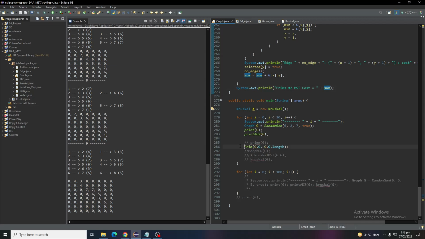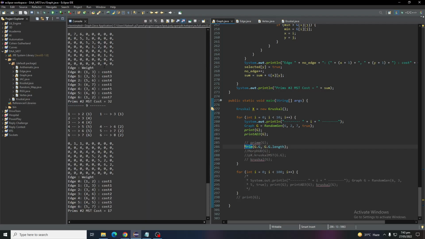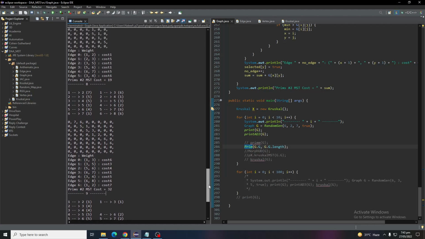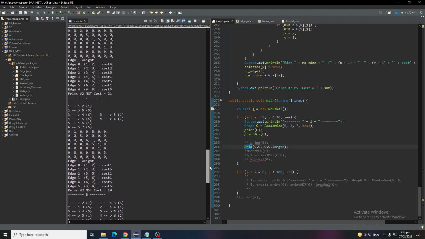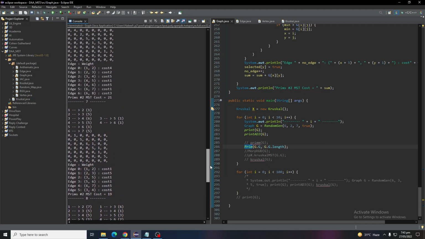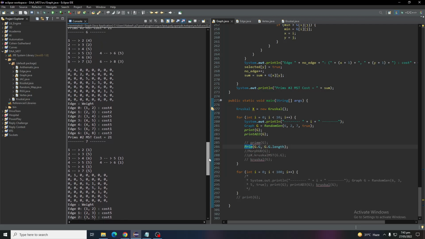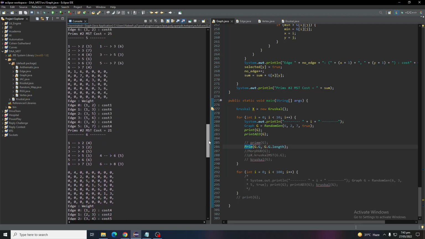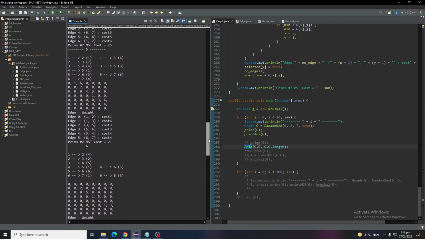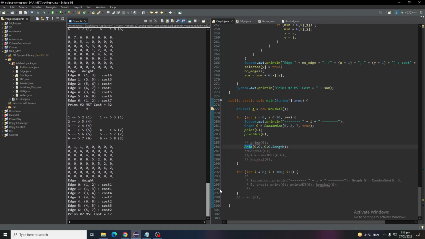So if I run this algorithm across 10 randomly generated graphs, it's gonna give me some random cost. And you can pause the video and check for its accuracy. The graphs are already small, like 7 vertices, maximum 8 vertices each. So you can pause the video and check for the accuracy. Okay, so next we're gonna move on with the